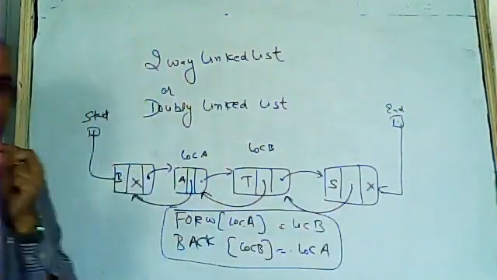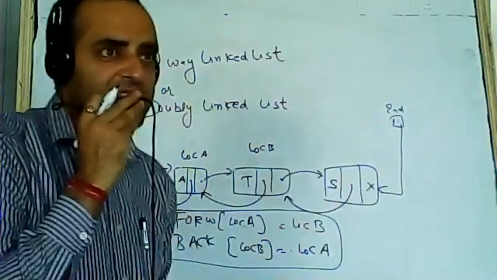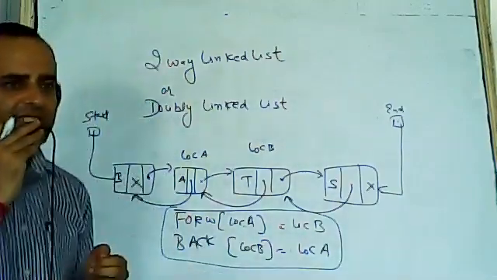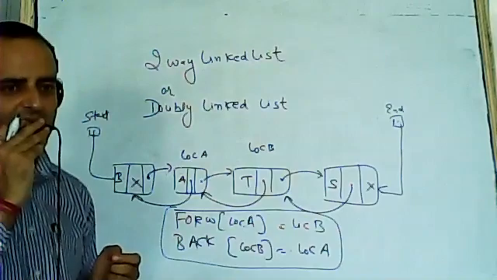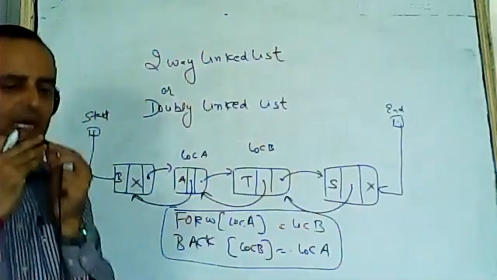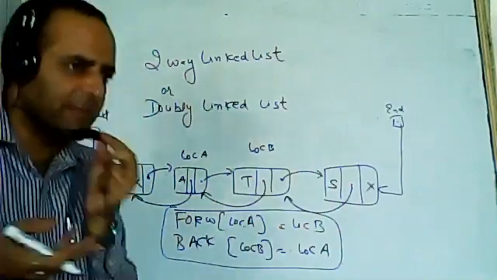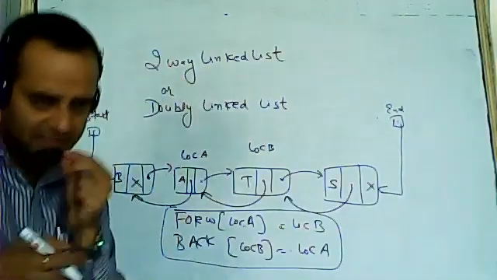सर इसका बेनिफिट क्या होगा? We can traverse in both directions, hence time will be saved. Searching will be faster. Yes, sir. Extra logic will be required, extra pointer will be required. Those are the disadvantages.